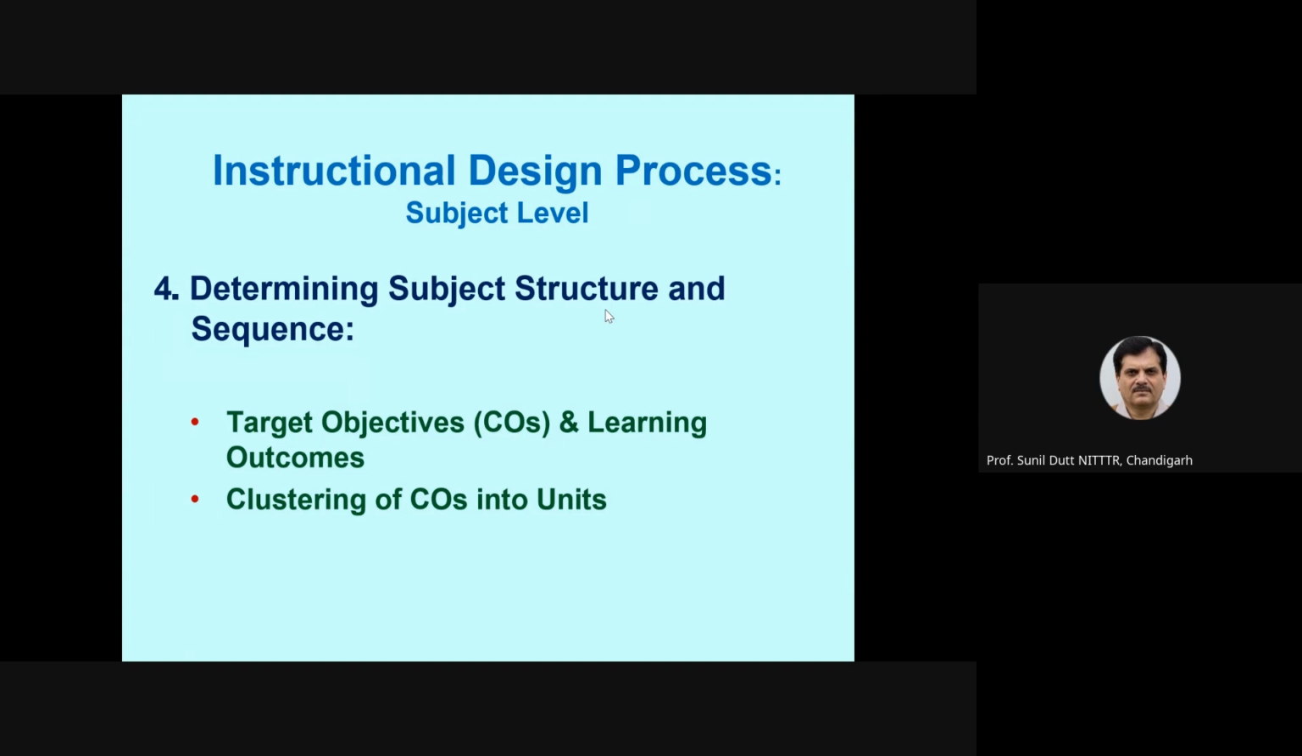So every target objective consists of several enabling objectives, which we call learning outcomes, which are smaller in scope. For example, understand Ohm's law. Now, the learning outcomes for this are: state